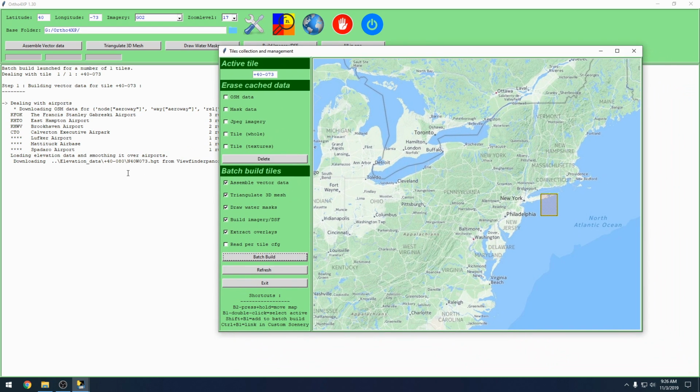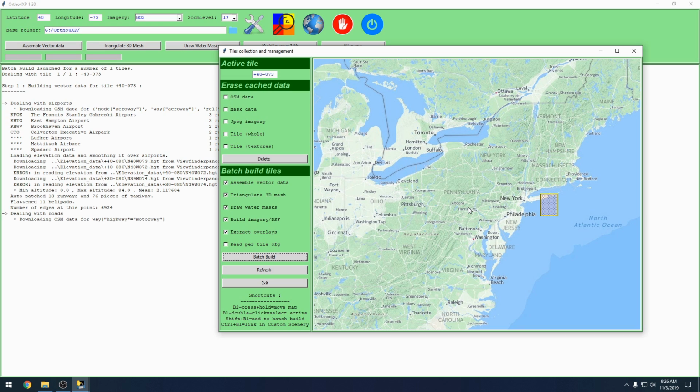So this does take a while. If you're doing a full size tile, depending on your internet speed, you might be anywhere from 20 minutes to an hour just for a single tile. It's not fast at all because it does have to download a lot of information here. So right now we're dealing with step one, which is building the vector data,